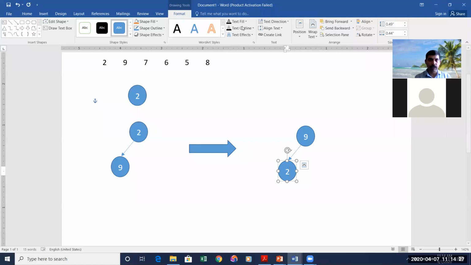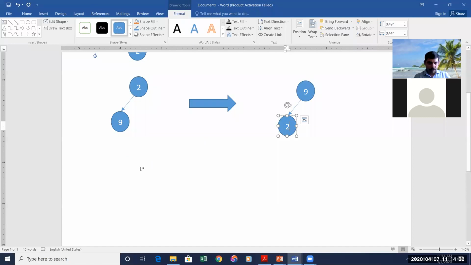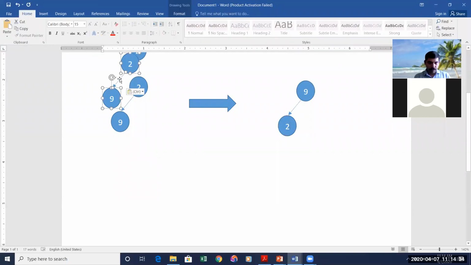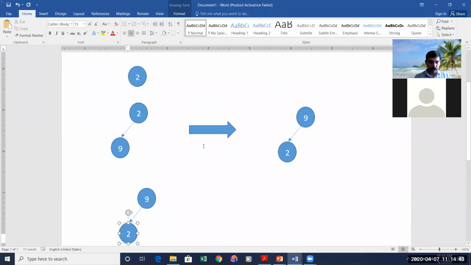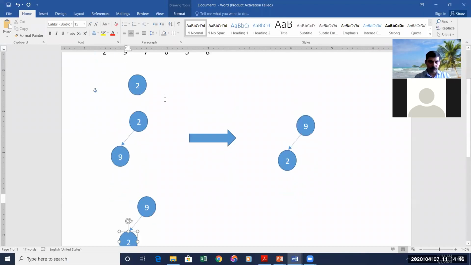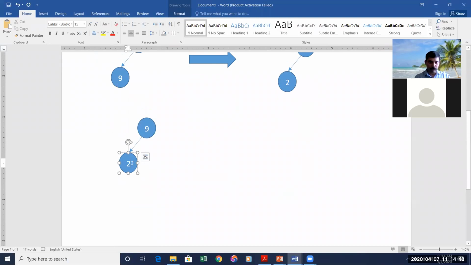Like this it happens. Okay, and in the third step, write the output of the previous step here. So this is 9 and this is 2. So which is the next input? Next input is 7. So what should happen? So you have to take a node 7, take a new node, and you have to put 7 in that, and you have to make that as the last leaf node, which is the right child of 9. So 7 comes here.